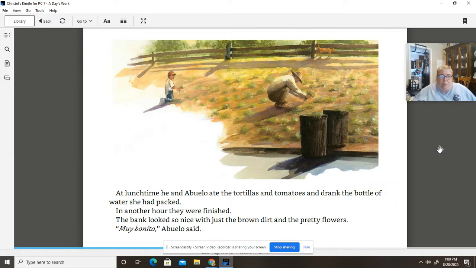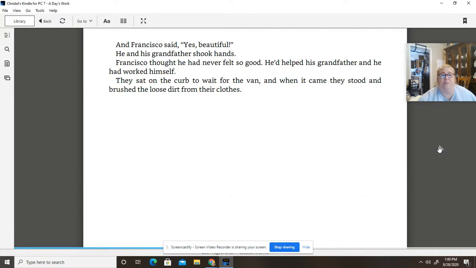At lunchtime, he and Abuela ate the tortillas and tomatoes and drank a bottle of water she had packed. In another hour, they were finished. The bank looked so nice with just the brown dirt and the pretty flowers. "Muy bueno," Abuela said. And Francisco said, "Yes, beautiful." He and his grandfather shook hands. Francisco thought he never felt so good. He helped his grandfather and he worked himself. They sat on the curb to wait for the van, and when it came, they stood and brushed the loose